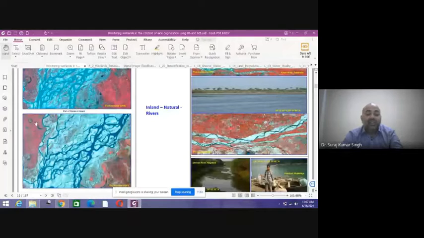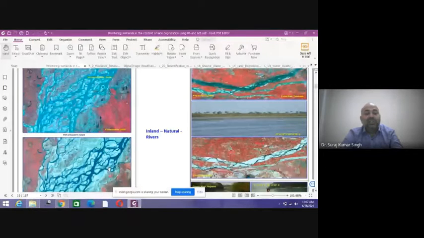A large area is viewed at a single point of time, so we can see the exact amount of riverine sand, the volume of water, and what agriculture practices are being done prior to monsoon. So all the information can be easily obtained using satellite remote sensing data. You can see there is a difference in color during pre and post monsoon in the water body or in the river channel.